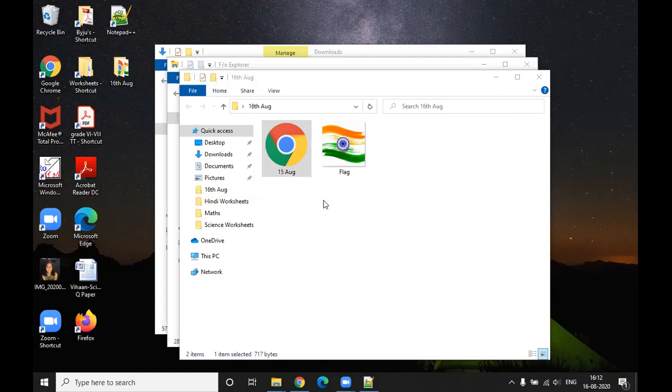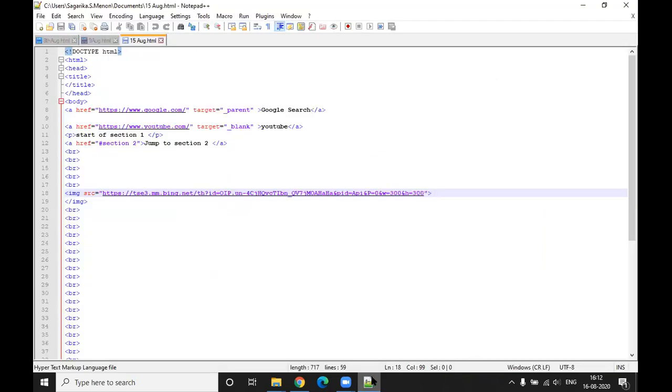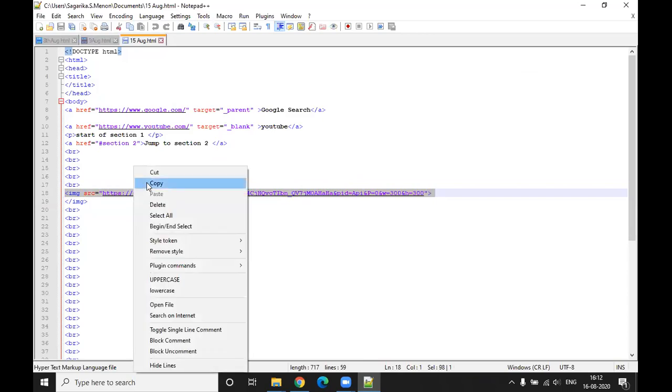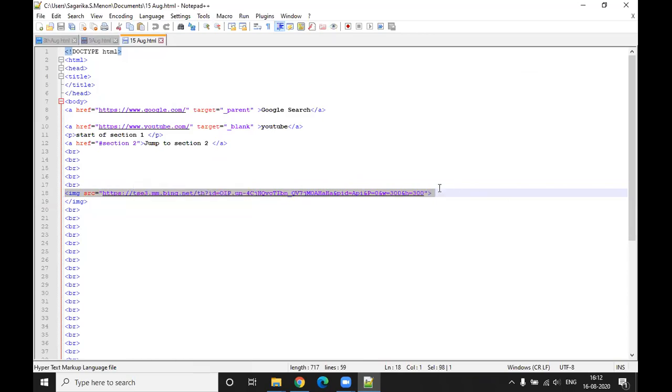Now open the code for the HTML page. Okay, very good. Now just copy the line number 18 what you have and paste it below that again. Just look at what she is doing, and then you can also do that, Krish. Just copy everything and paste it below that.